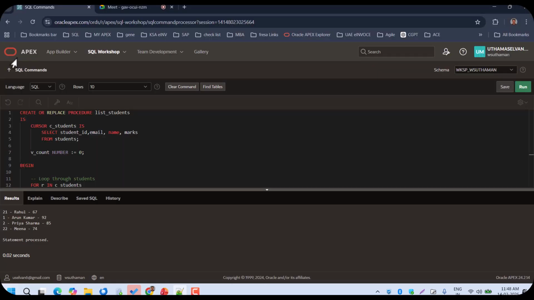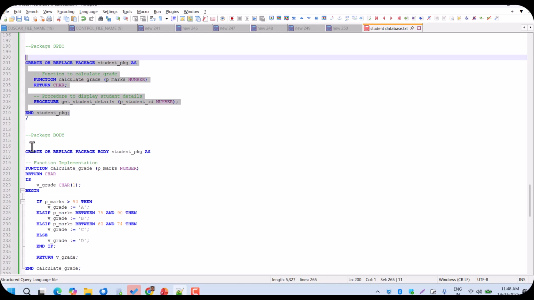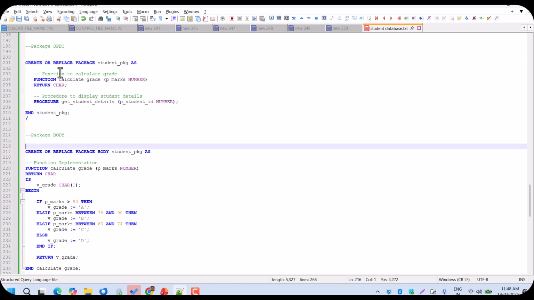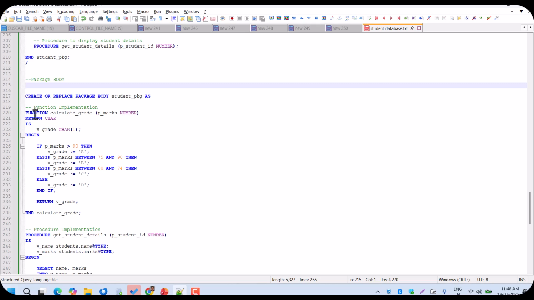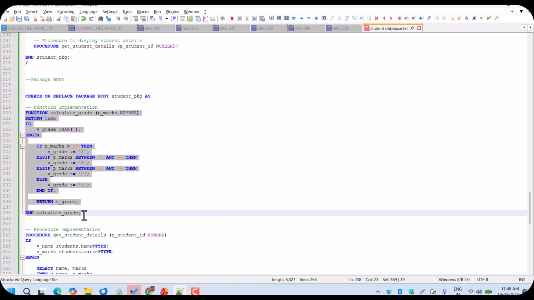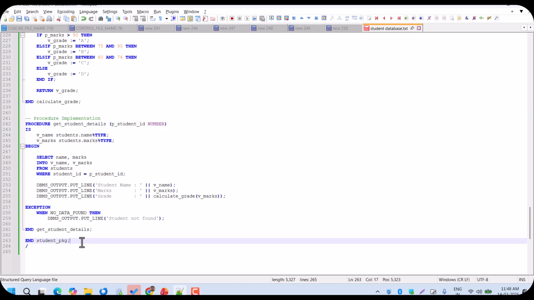Right, so here I have created a package. My package name is student package, and I have created the package specification, and I'm going to create the package body. In the create specification, I have just mentioned the function name, the parameters I need to pass, or the parameters I will get from the functions. Everything I can see in the package specification, and under the package body I can do the entire operations. Under the package body, this is the function. The function is completed here, and again I have written a procedure. The procedure is completed here, and entirely